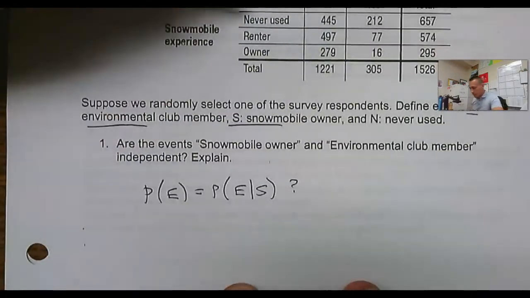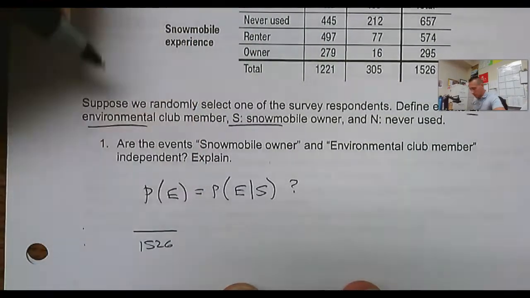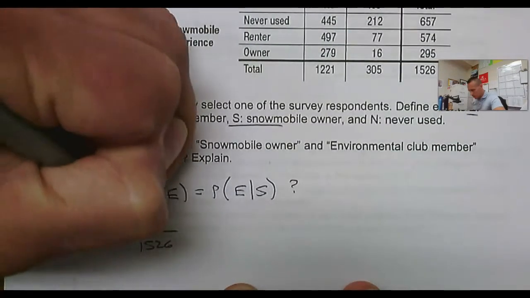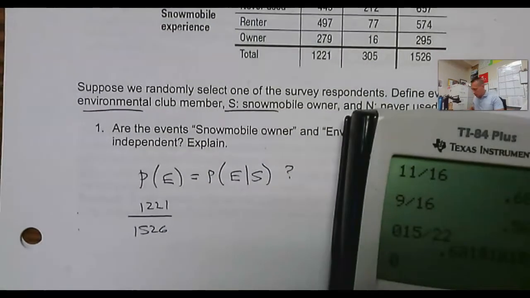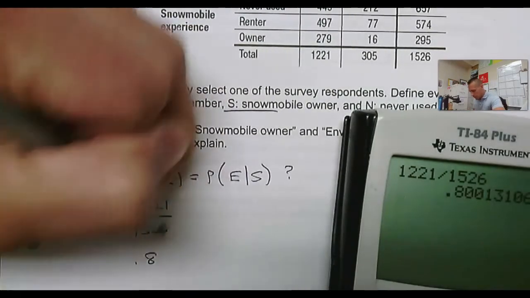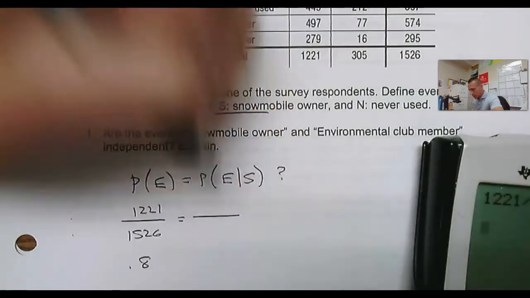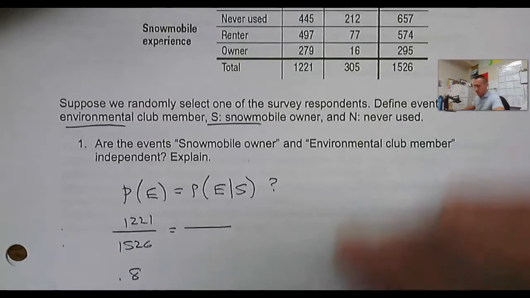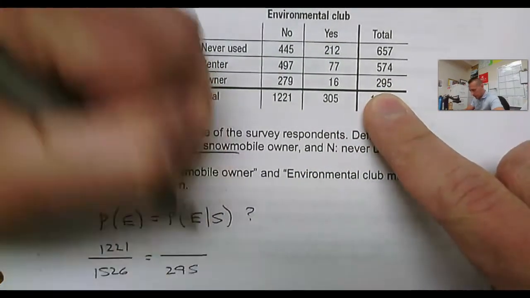So the probability somebody was in the environmental club, out of 1,526 members, we have, how many were in the environmental club? 1,221, which, let me get my calculator, is about 0.8. 80% of people are environmental club members. Given that they're a snowmobile owner, so I'm only looking at the snowmobile owners, 295, out of which,